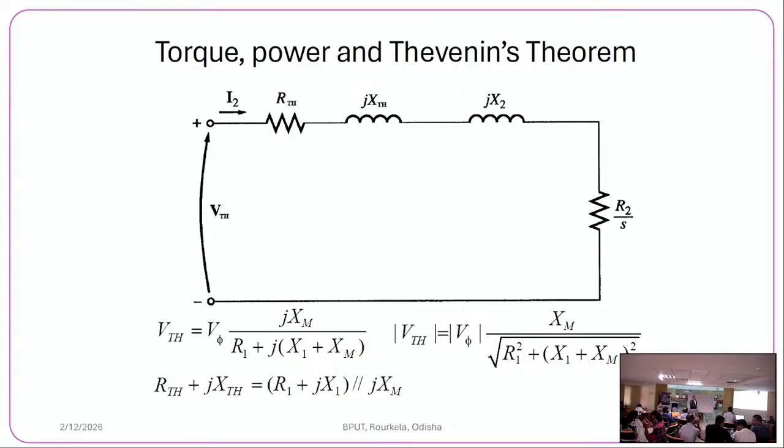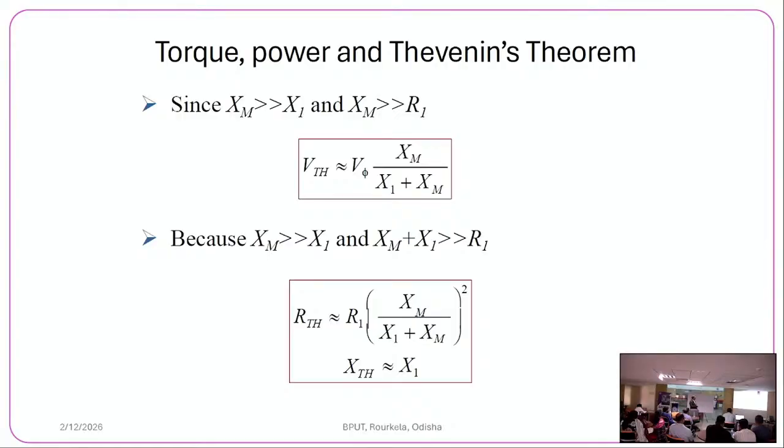Then you can see when the power will be maximum, the torque will be maximum. When the power transfer to this resistance is maximum, torque is maximum. How does the power transfer become maximum? The resistance will be equal to the impedance, that is, the square of this plus the square of this, combined under the root. When this happens, power is maximum and torque is maximum. So that way you do the Thevenin's equivalent circuit, and we get some approximation by neglecting the